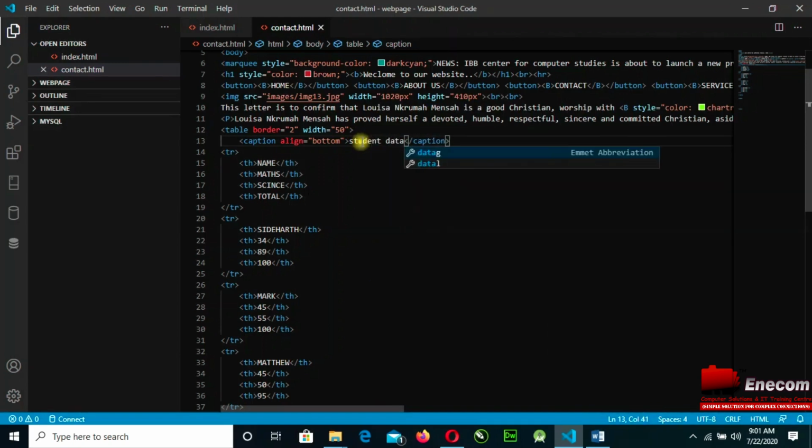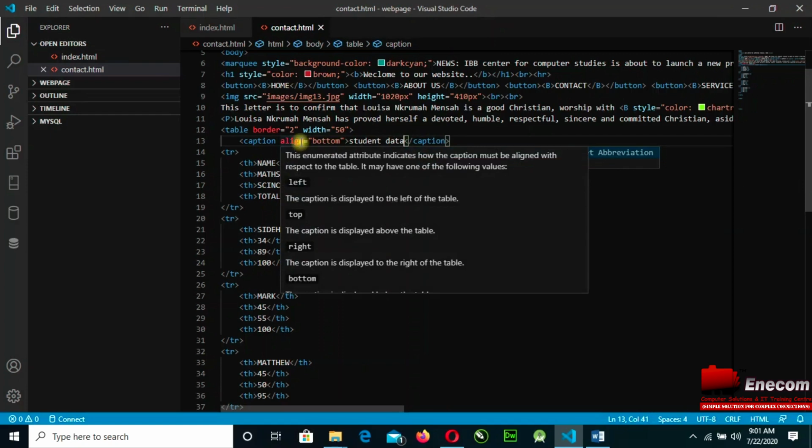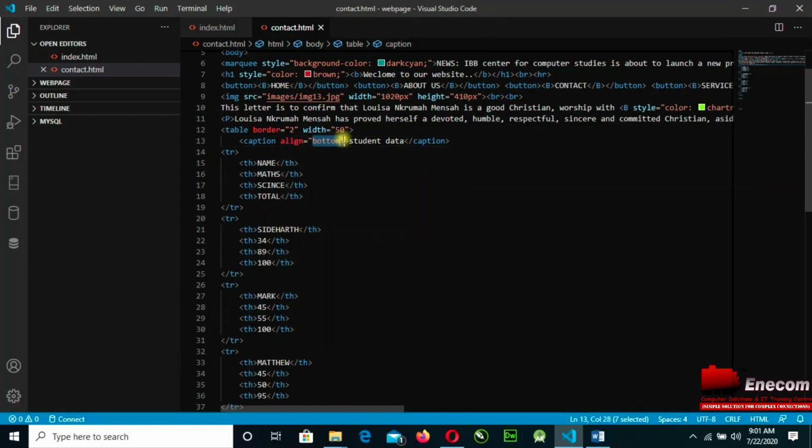So I'll just have to fill it. Student data. Allow it to me. This is the left. So align with left.